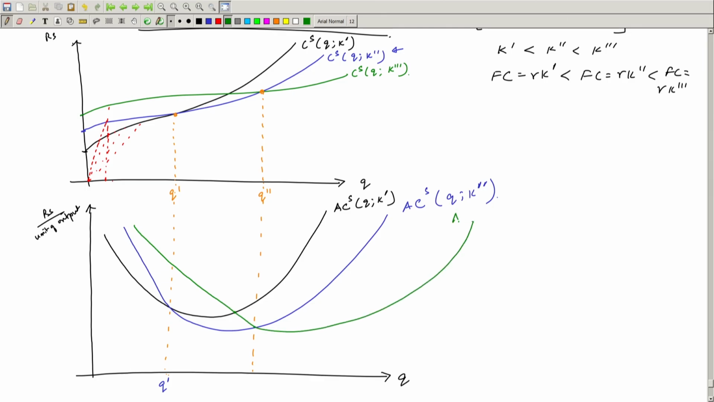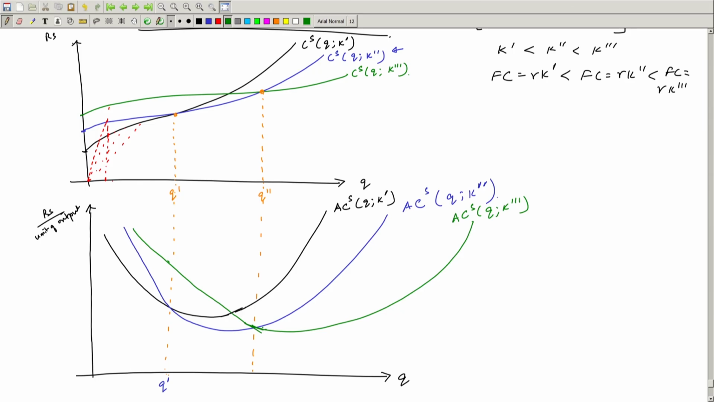So, this is the average cost curve for k triple prime amount of capital. I am not drawing it to scale. All I have done is that I have taken the levels of capital. Let me just draw this part a little carefully, so I am just going to have this portion here. So, now this tells me that I have the 3 different short run average cost curves, and in the